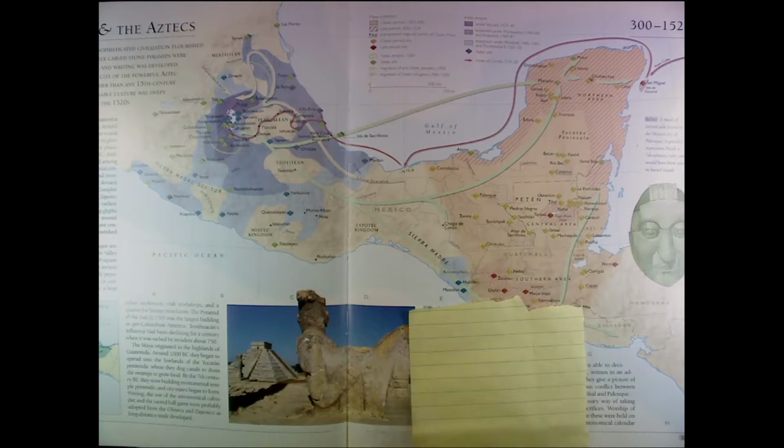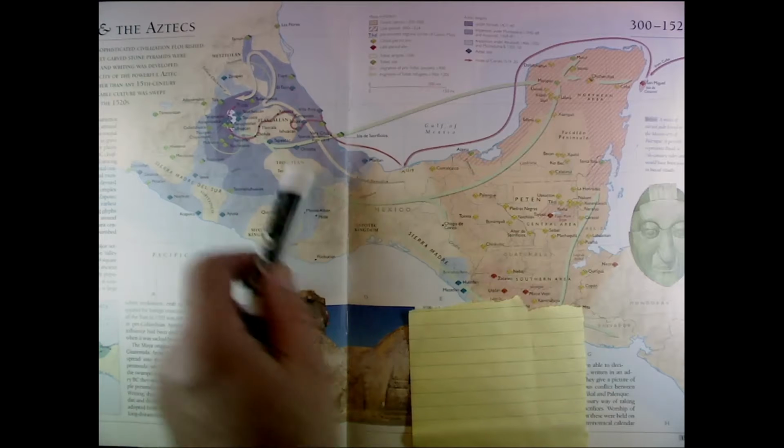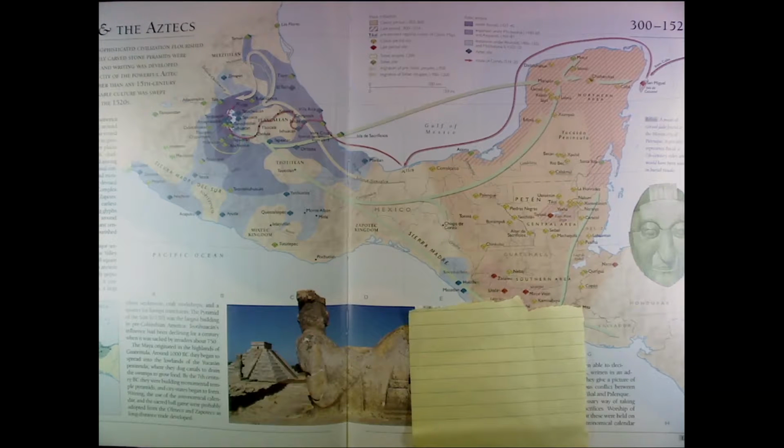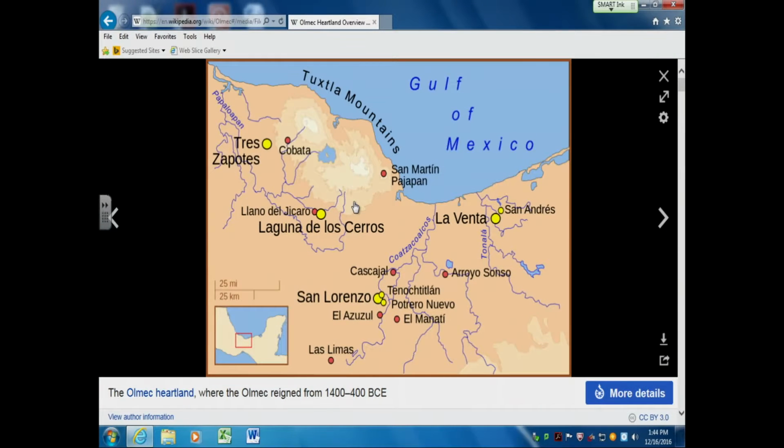This is the Olmec culture, and then there's some filtering into other areas. But it appears to be the mother culture, kind of like Sumer, where the cultures that follow change and alter it, but they build upon the base that was put together there.